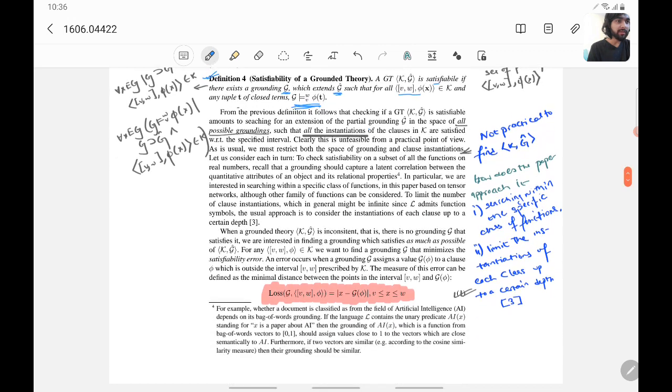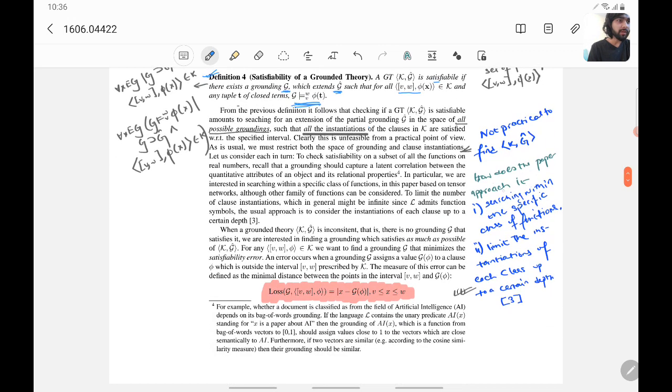So it's not practical to do that. And how does the paper approach it? By searching within the specific class of functions. Basically, it assigns a vector over here and searches in that; it assigns a tensor and searches in that tensor. So it says, in particular, we are interested in searching within a specific class of functions in this paper based